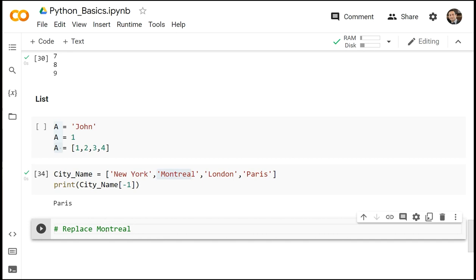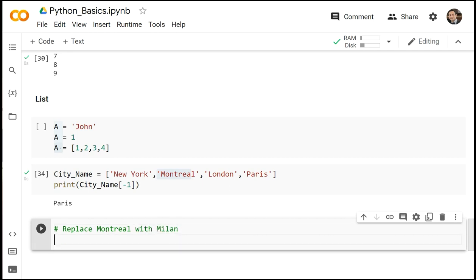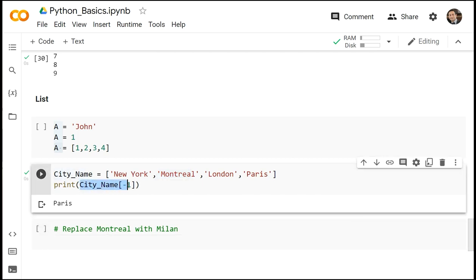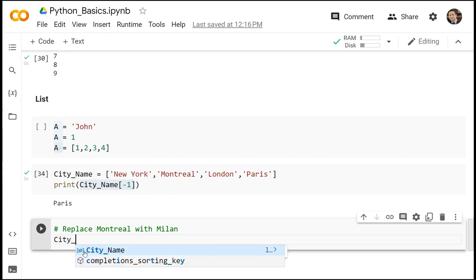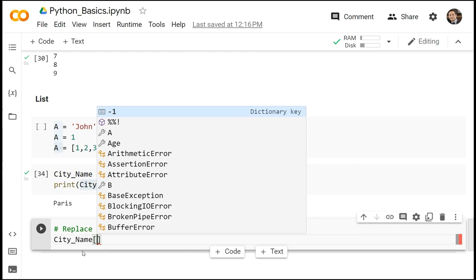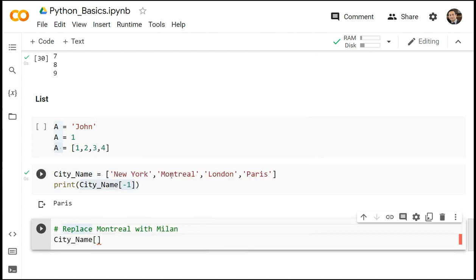Montreal with Milan. Okay. So to do that, first of all, I should call the Montreal. How can I call the Montreal? If you remember, city name, and inside of the bracket in front of it. So I'm saying, again, city name, brackets. What is the position of the Montreal? It's 0, 1. So I should just put 1 here. So this city name, the name of the list, in front of it inside the brackets, if I put the position of each of these elements, it will bring it for me here, and I will put equal sign,